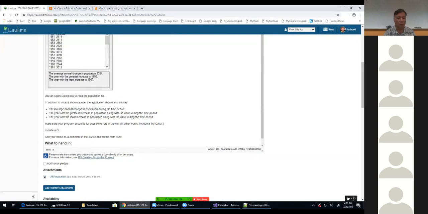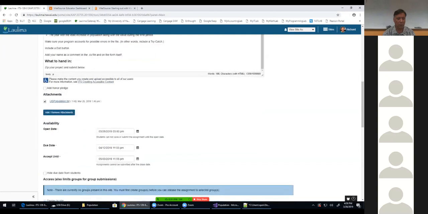Include a close, an exit button. Invoke the open dialog box when the program loads. Okay, so all this means,